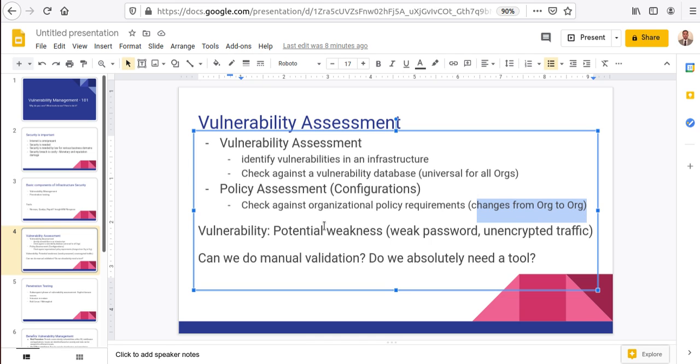And this could be different from organization to organization. Like, say, the minimum number of characters in your password is a requirement that can change from one organization to another. So with these policies, you will probably end up spending a little bit more time setting them up. You will probably need people who are a little bit more skilled than the people doing the vulnerability assessment, just to understand how the policy works